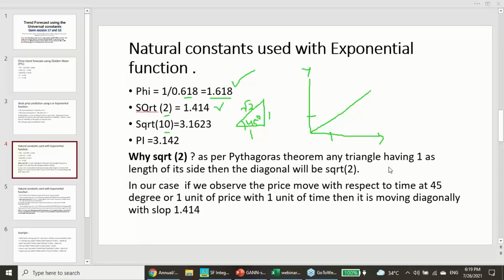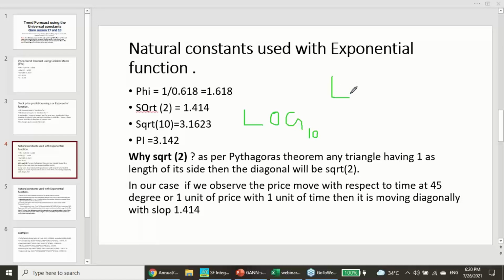Now coming to the square root of 10. Square root of 10 speaks about the first two-digit number. After 9, 10 comes, and using this 10, a lot of innovations have been made. Those who are mathematics students will know log of base 10. Why is there no base 11, 12, 13? Base e is there, where you say ln, the natural logarithm, and you say base 10. This base 10, 10 is the first two-digit number in our number sequence. So these two also have a great importance for us.